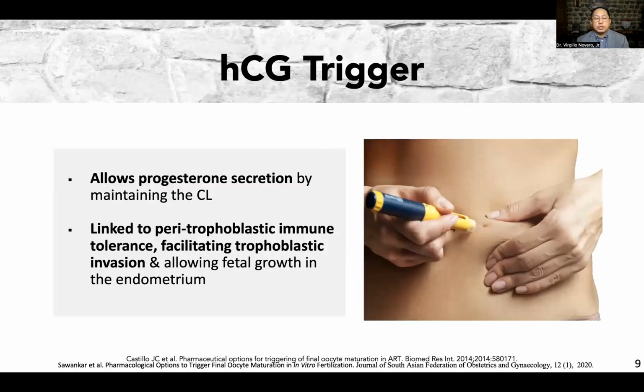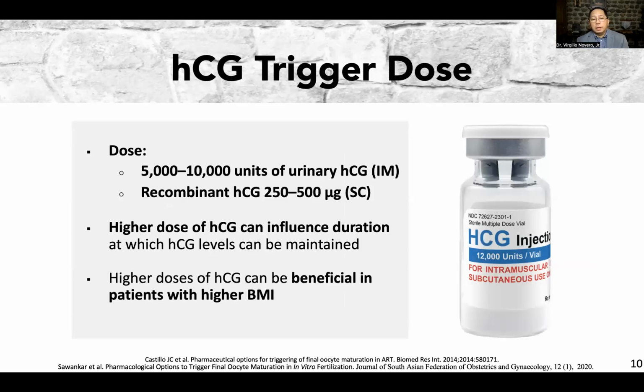It allows progesterone secretion by maintaining the corpus luteum, and it is linked to peri-trophoblastic immune tolerance, facilitating the trophoblastic invasion and allowing fetal growth in the endometrium. The doses have been discovered. 5,000 to 10,000 units of urinary or recombinant at 250 to 500 micrograms are needed. And the higher the dose given, it can influence a longer duration of action, and this can be beneficial in